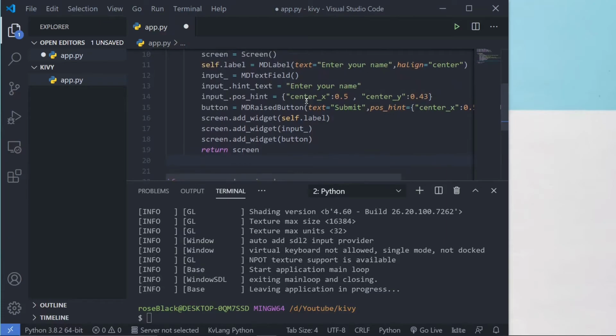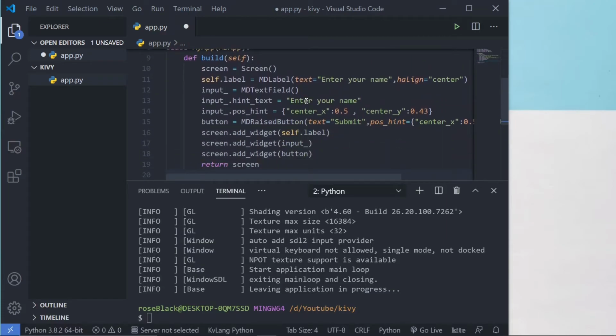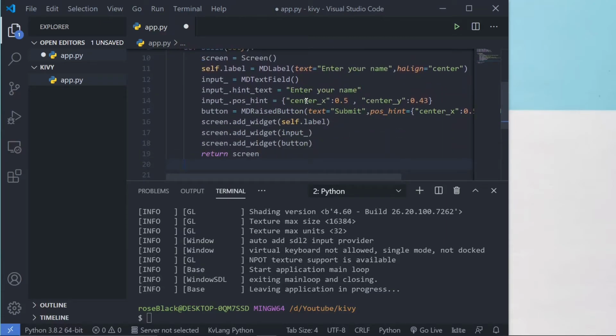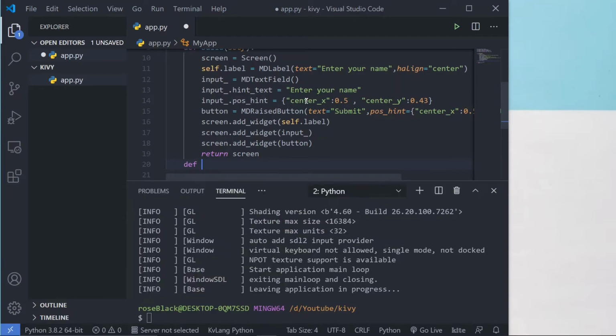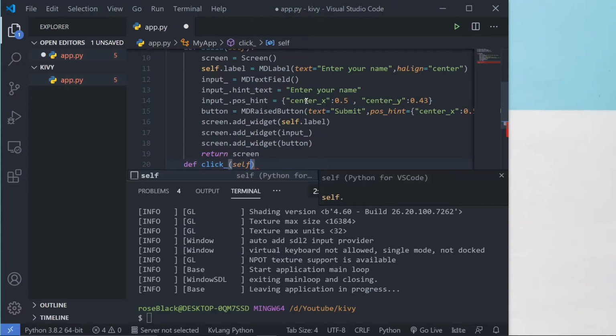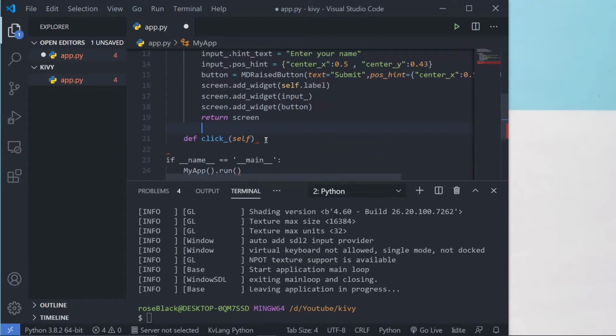Okay, so let's create a function to handle the click event of the button. Okay, so we pass the self. Okay, so passing the self allows us to access the instance variables, and